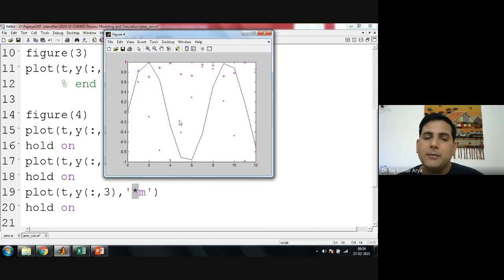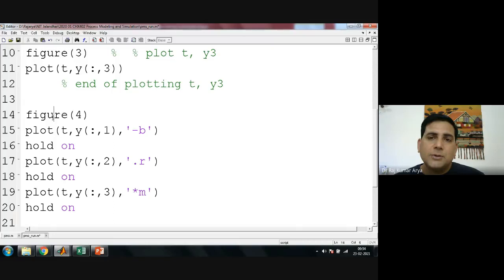So all three you are plotting in the same graph now. Sometimes you want to plot in the same graph, sometimes you plot one by one. The choice is yours. This is the command if you want to plot everything in one graph. In figure 4 you plot y1, y2, y3 with different colors and different line styles. First is a line, then a dot, and then stars. There are many more also. You can put squares, triangles, or any symbol. But there is a fixed set of symbols that need to be followed.